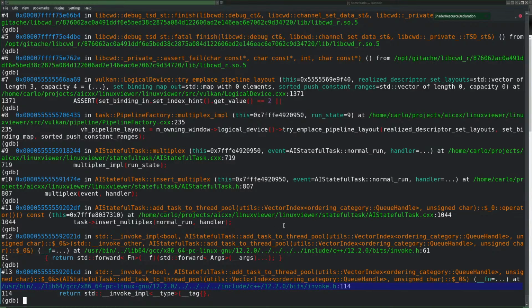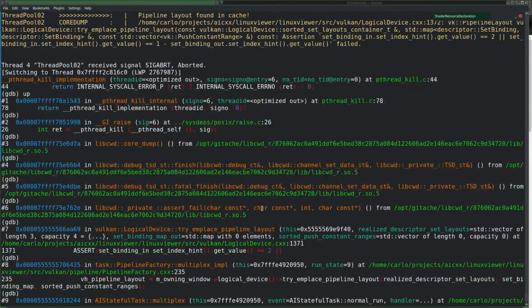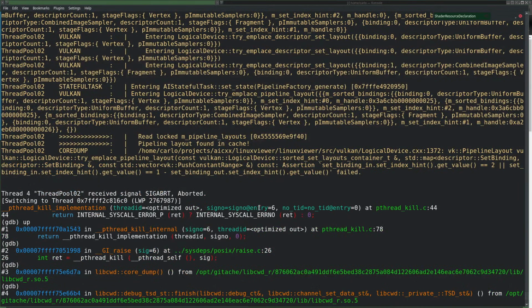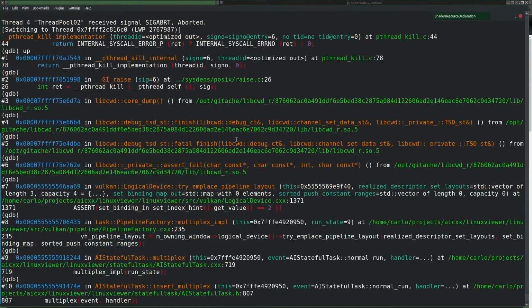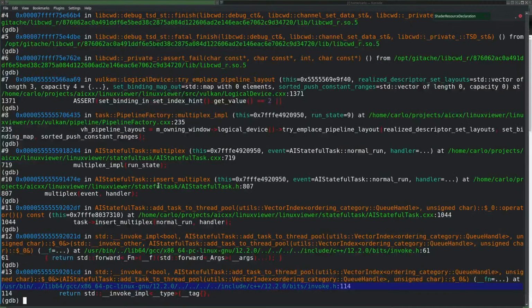Oh, I didn't call it. It's an assert fail. I hoped I would get the validation error, but it's again this assert. Holy moly, why?